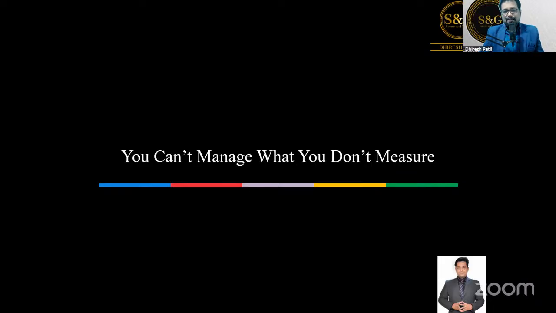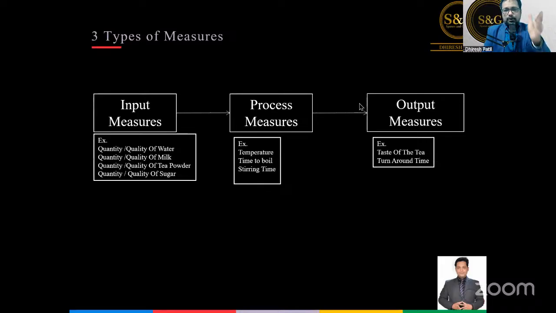So in the measure phase, everybody knows input, process, output, measure, right? In the measure phase, we start collecting the data of inputs as well, of process as well, and output as well. We start collecting all the data points, and then we start tracking the data by using the statistical tools. So this example is very simple: the tea making process, chai banane ka process, a very simple process. Okay. So in the input measure, what do we